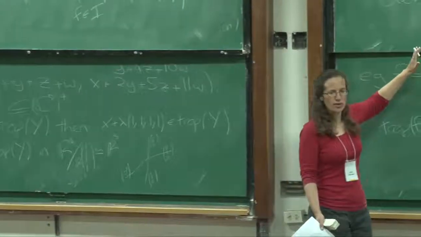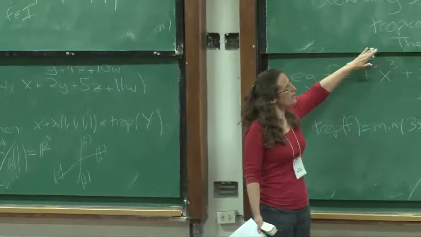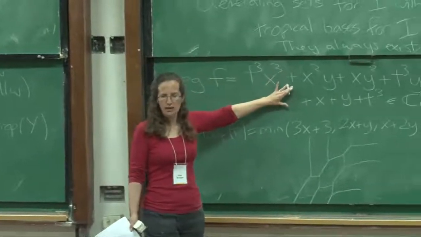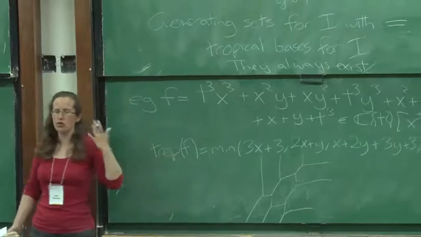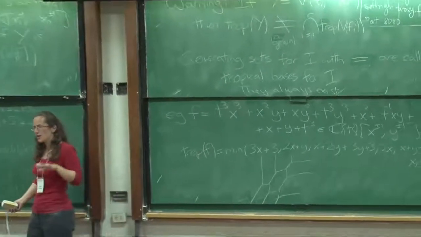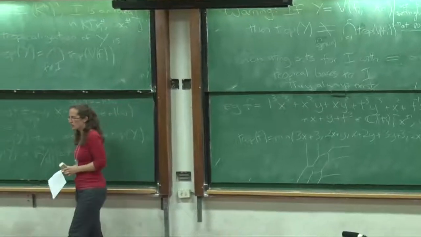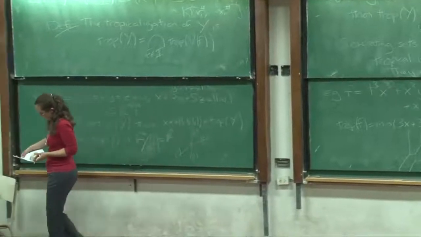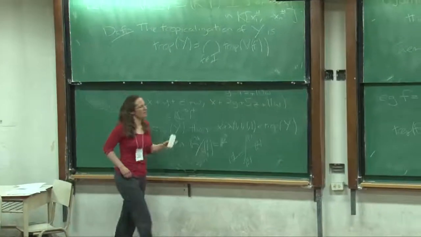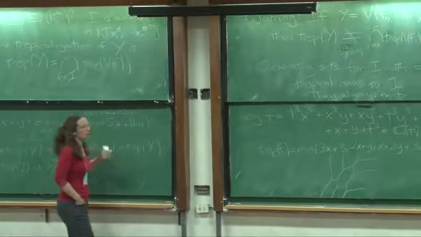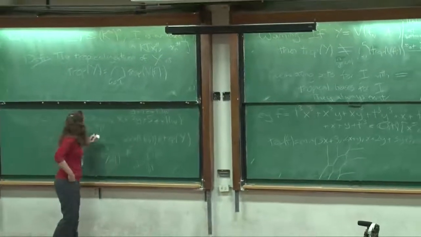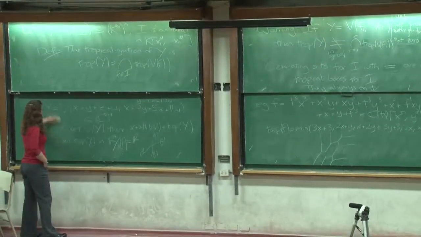It doesn't necessarily tell you anything geometric. The other thing is, if you give me degree bounds for the polynomials, I can give you degree bounds for a tropical basis, but that's also not so useful in practice. So maybe I should say, why do we care? So I guess I'll finish by giving